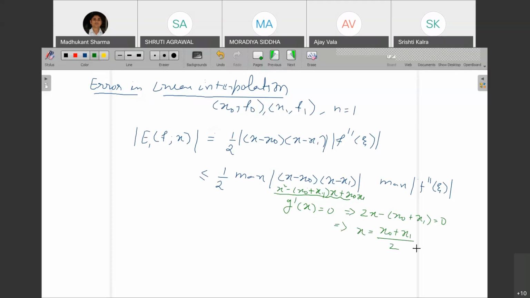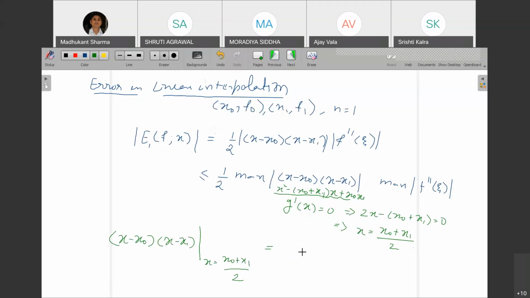So we are talking about ordinary maximum, not absolute; we can talk about absolute as well in the entire interval. So this is a critical point. At this point, what will x minus x naught into x minus x1 be? At this critical point, x equals x naught plus x1 by 2, if you replace x by x naught plus x1 by 2, the first term will be